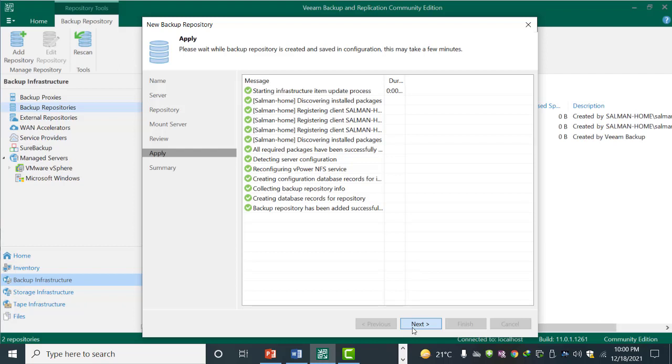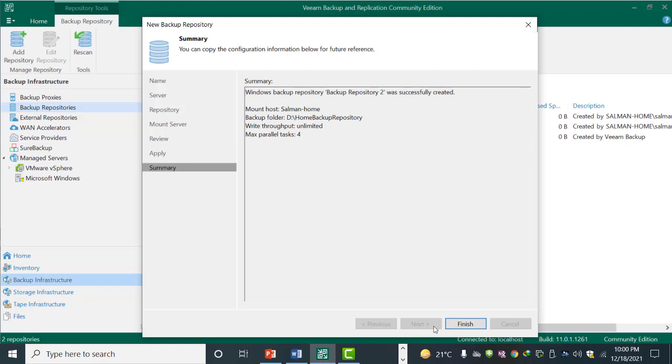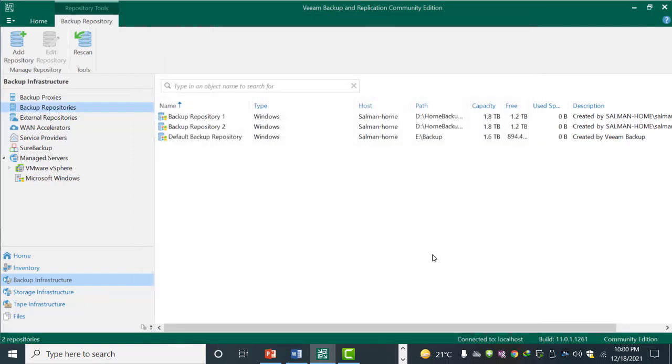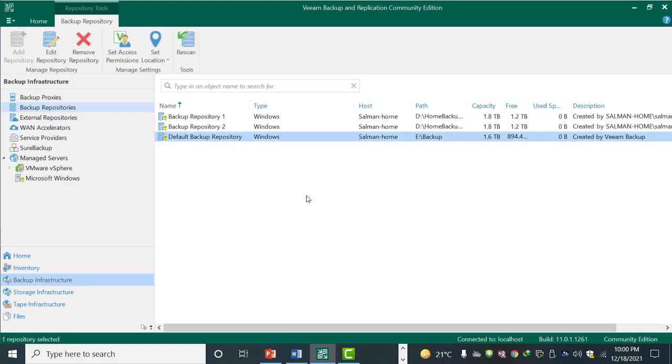I will take a backup from these servers, and after that I have added a backup repository. Basically backup repositories are very important because all the backups go to this repository. This is the storage where I save my backup. So basically this is a short video. In the next video I will show you how to back up virtual machines step by step. Thank you very much for your time.